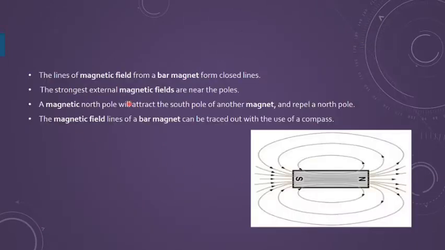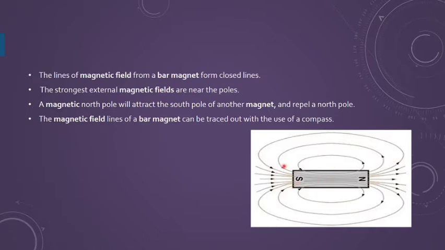Moving next, if I want to draw the magnetic field lines due to a bar magnet, then of course the lines start from the north pole and end towards the south. This we used to do as a project to draw the magnetic field lines. For that you can always use a magnetic compass as a magnetic needle. You can see that at the poles the line strength is more, which can be seen by more magnetic field lines. At the poles the strength of the magnet is more, and in the center it is weaker.